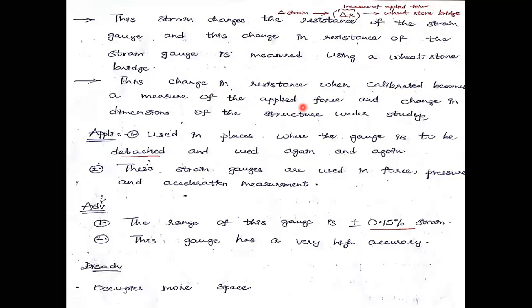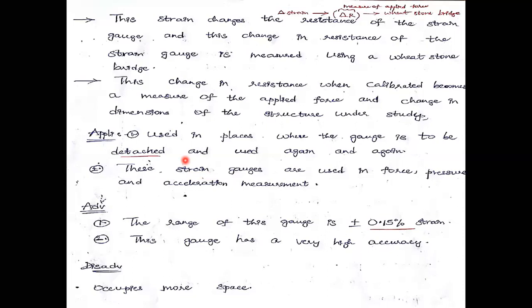మనం క్యాలిబ్రేట్ చేసేటప్పుడు ఈ చేంజ్ ఇన్ రెసిస్టెన్స్ అనేది అప్లైడ్ ఫోర్స్‌కి ఒక మెజర్. దాన్ని బట్టి ఈ చేంజ్ ఇన్ రెసిస్టెన్స్ వస్తుందన్నమాట. And the change in the dimensions of the structure under study may take place. Applications here: used in places where the gauge is to be detached. ఎక్కడైతే మనం డిఫరెంట్ టైప్స్ ఆఫ్ గేజెస్‌ని ప్లేస్ చేయొచ్చు అనమాట. ప్లేస్ చేసి ఎంతెంత స్ట్రెయిన్ ఉంది, ఎంత రెసిస్టెన్స్ చేంజ్ వస్తుంది, ఎంత లెంత్ చేంజ్ వస్తుంది,